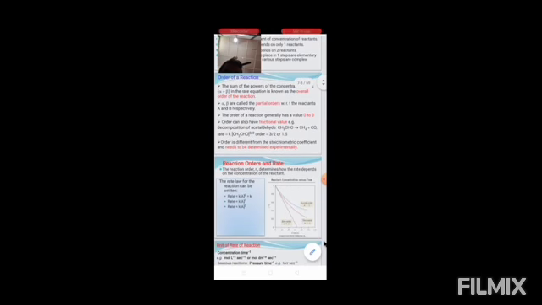Now, reaction order and rate. The reaction order determines how the rate depends on the concentration of the reactant. Now the rate law for the reaction can be written as R equals K[A] to the power 0, that is R equals K in case of a zero order reaction. Rate equals K concentration of A to the power 1, this is for the first order reaction, and R equals K concentration of A to the power 2, this is for the second order reaction.